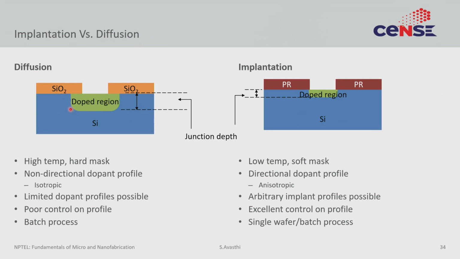The other difference is in the flow of the dopant. Diffusion does not care about direction. So when you do a diffusion and anneal, the diffusion will go in all different directions. So the dopant profile will be isotropic. That is what I am trying to show here, where the green portion is smooth, right? Because it diffused in this direction almost as much as it diffused in this direction.